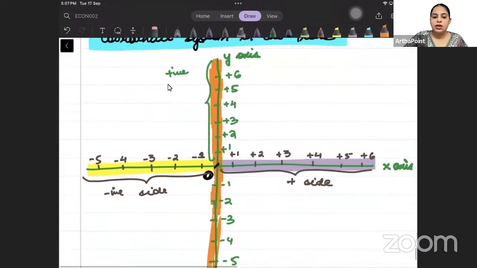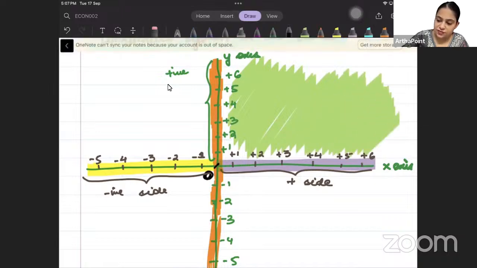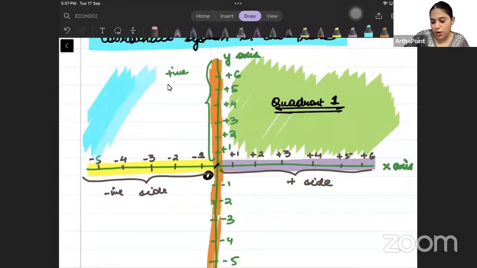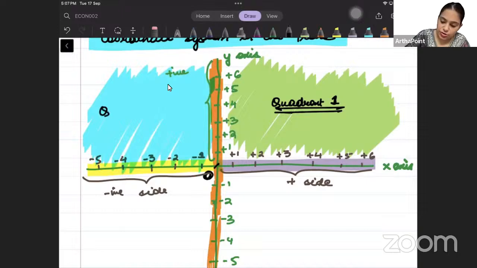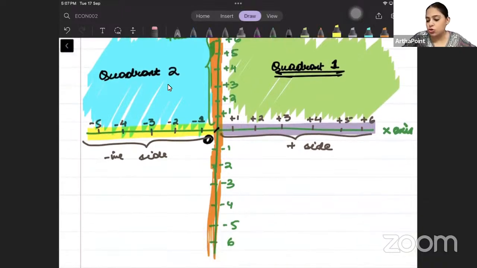Okay. But this part, where x and y are both positive, that is called the first quadrant. Okay. This part, where x is negative but y is positive, this is called the second quadrant. Okay. This part, where both of them are negative,